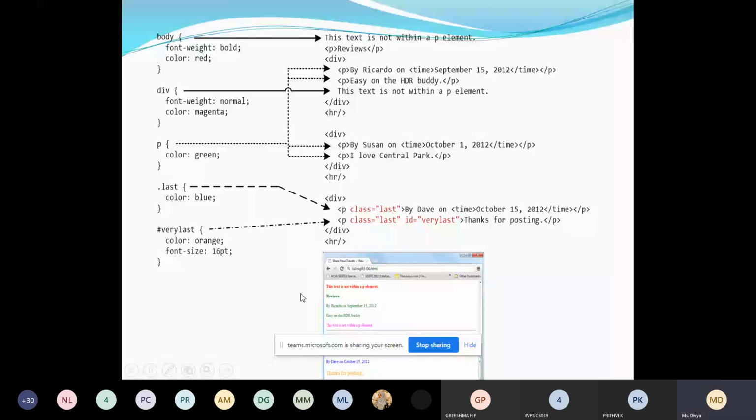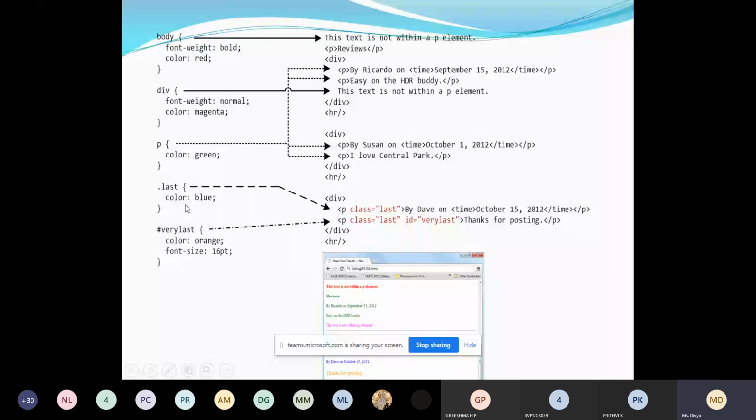Then paragraph. For the paragraph I'm specifying color green. For the entire paragraph I'm using an element selector and telling color is green. Again, I'm using a class selector, and using the class selector I am telling color should be blue.